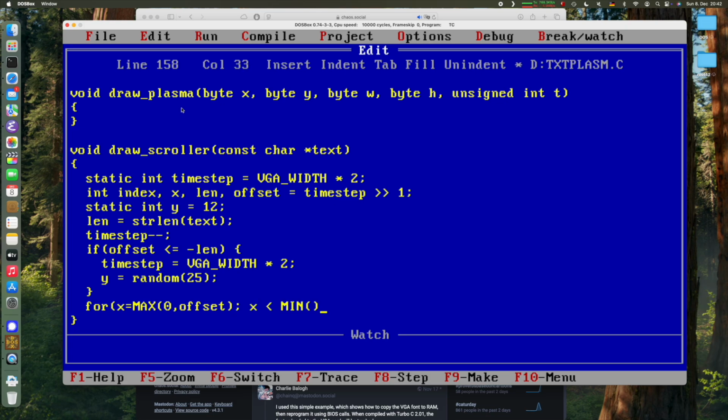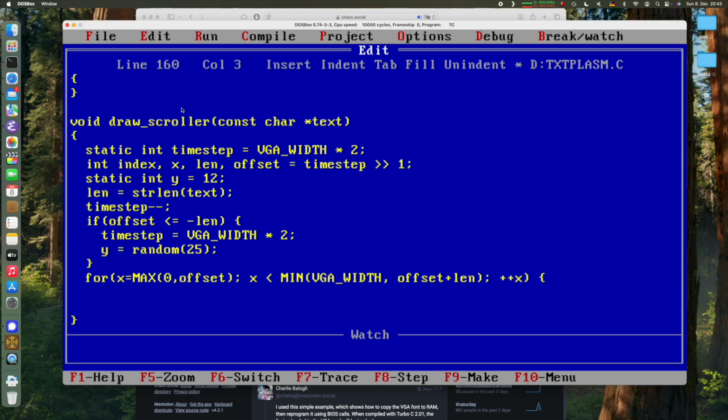And we draw this until we reach at most the VGA width, which is 80, right? We can't go further than the right edge of the screen. And the actual position that we end is offset plus the length of the text. Offset is always the starting position on the screen, or to the left of the screen if we're scrolling out of the screen. And then we just increment x